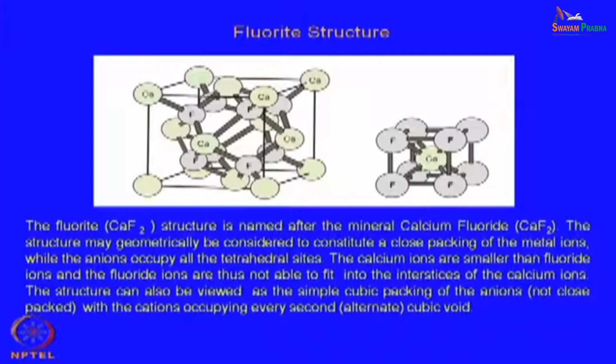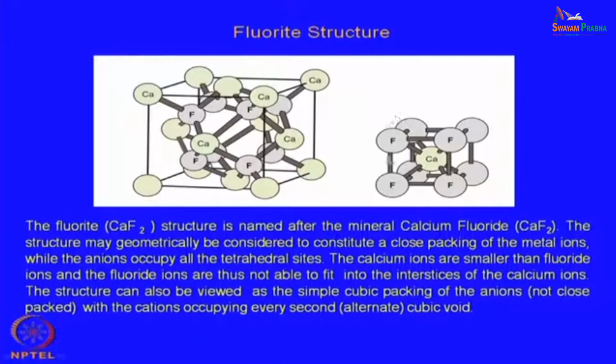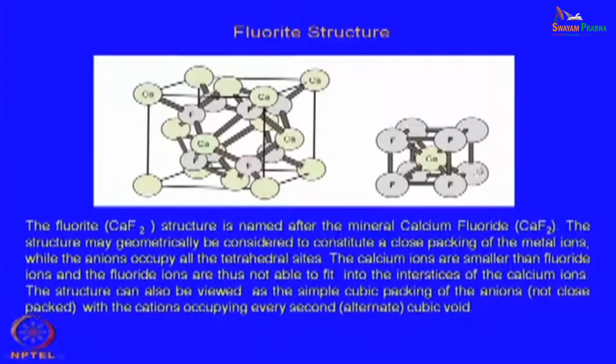Here fluorine is the anion, and calcium is the cation. Calcium has a smaller size compared to fluorine. If you look at this structure to start with, you will see fluorine ions, being larger ions, form the skeleton and form a cubic symmetry. So, it is once again a cubic symmetry, just like the sodium chloride structure, where the chlorine ion forms the skeleton of a cube, and